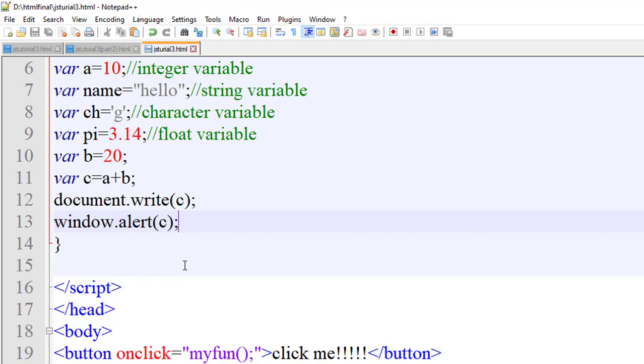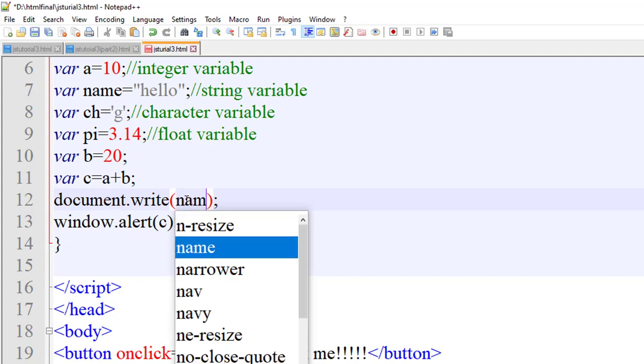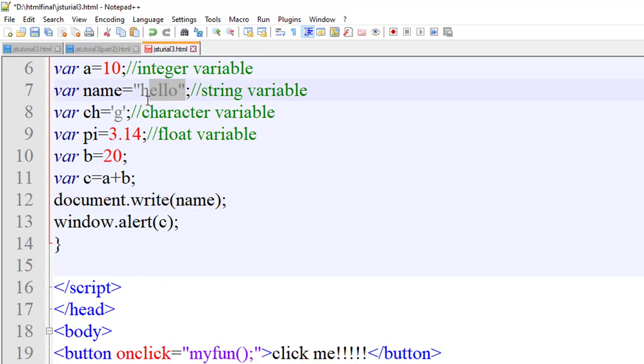Okay, this one is all about how you will declare the variable and how you will assign values to the variables, right? If you want to display the name variable, then you can use name, and in the name variable you can see hello is stored, a string value is stored. Just save this and run it.